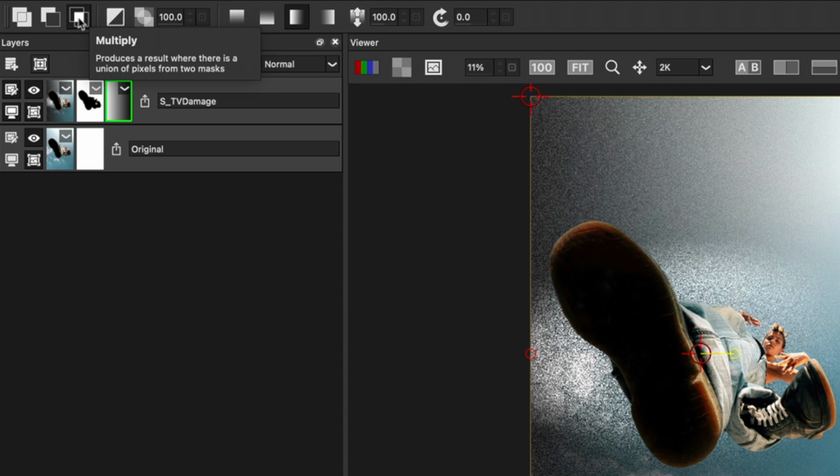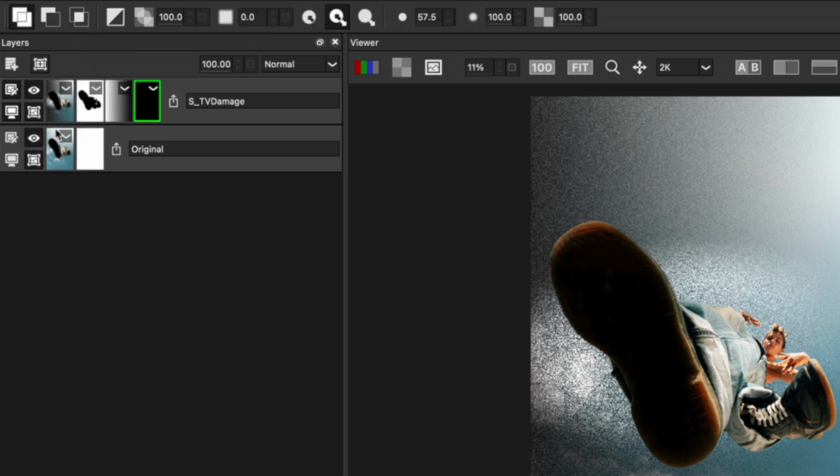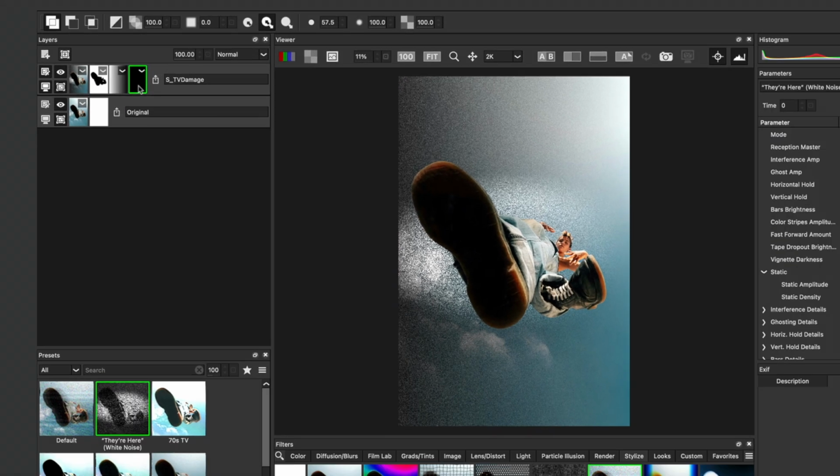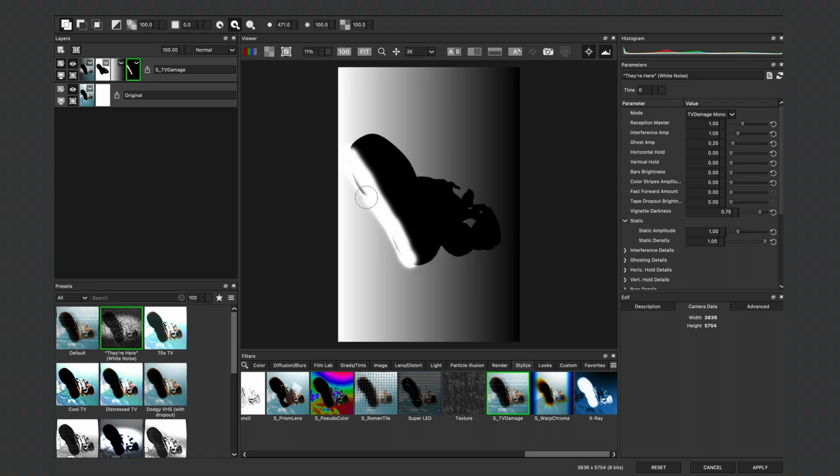Last, we want to introduce some TV static back into our subject's foot. Let's add a paint mask. We can see that it's currently all black, and we also have access to a brush tool. We can make our brush larger by using the left and right square brackets, and then start to paint on our subject's foot. In order to visualize this, we can press M to go into mask mode